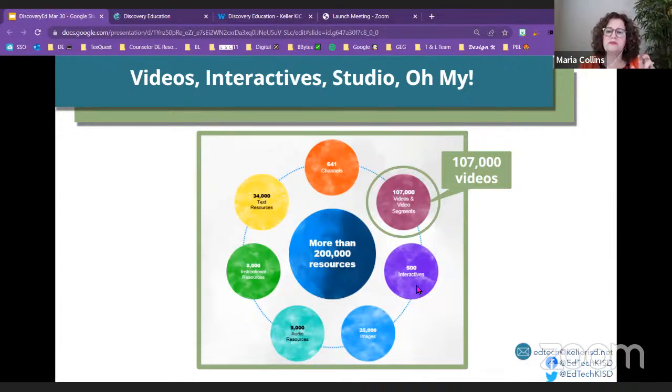there are, they say 500, and actually I looked today and there are over 600 interactives now. And this was only last spring, so they keep adding every month. But within each one of these, there are a lot more specific resources. So I'm hoping that I'll have a little bit of time so I can show you how you can find that. But anyways, there are 25,000 images. Some of them are graphic, some of them are clip art, some of them are, oh, I'm so sorry.